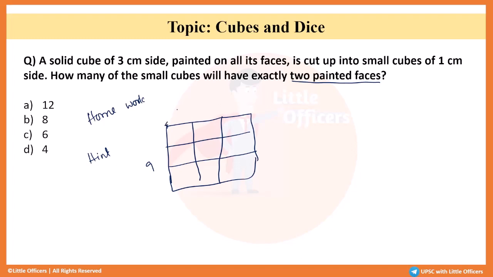नाउ द सेम यू 3 डायमेंशनली एक्सटेंड कर लो। ठीक है, नाउ व्हाट दे आर आस्किंग, एग्जैक्टली 2 साइड्स पेंटेड। 2 साइड्स पेंटेड कब आएगा, सी ये सेंटर वाले पे आएगा, लेकिन इस पे नहीं आएगा, क्योंकि इस पे 3 साइड्स पेंट हो जाएगा, क्योंकि इस साइड का भी पेंट हो जाता है, इस साइड का भी पेंट हो जाता है, इधर का और यहाँ का भी पेंट हो जाता है। सो ये कोने पे जो आता है वो भी काउंट नहीं होगा, और ये सेंटर पे है ये भी काउंट नहीं होगा, बिकॉज इट इज ओनली पेंटेड ऑन वन फेस।